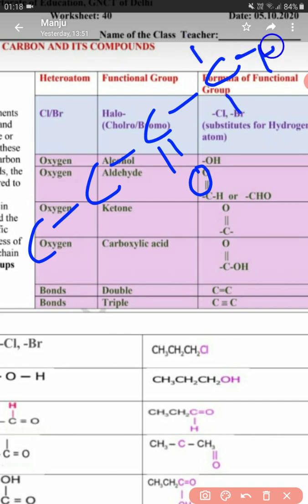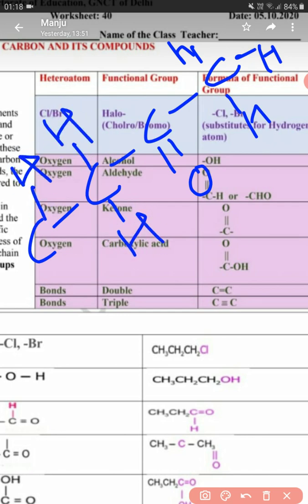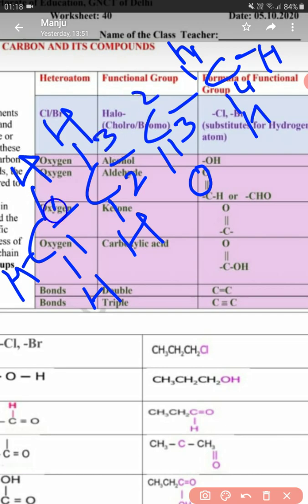So these 3 hydrogen atoms are attached. This carbon atom is already having 4 bonds, so that means it is having its valency satisfied. This carbon is also having 3 hydrogen atoms. Now in this case 1, 2, 3, 4 carbon atoms are there. So if we write counting from left to right 1, 2, 3 and 4, or we have to write counting from right to left, which one is correct?